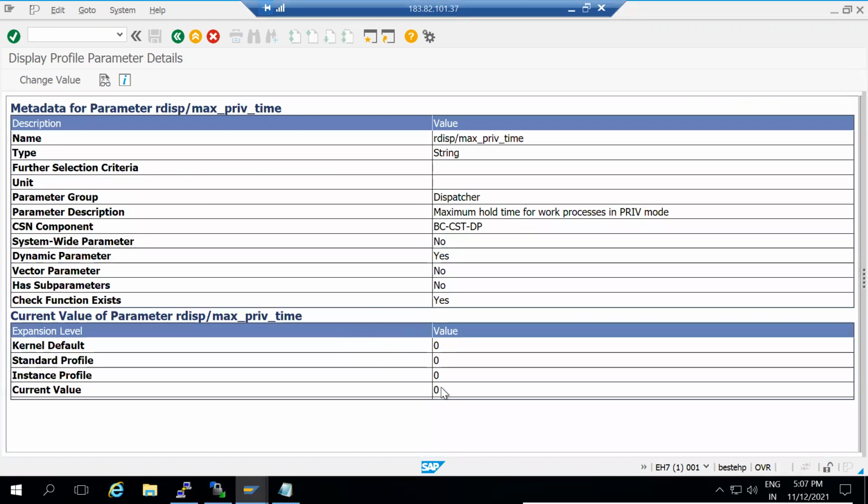It went back to 0, yes or no? So did you understand now? Dynamic parameter is temporary only. Static parameter is a permanent parameter. Okay? Any doubts? So this is the class for today. Thank you. Any doubts, you can ask me.